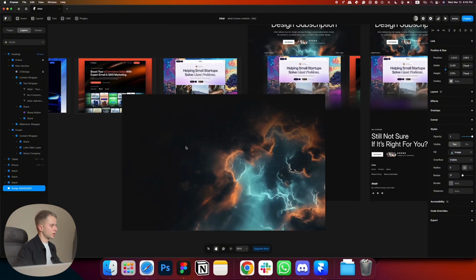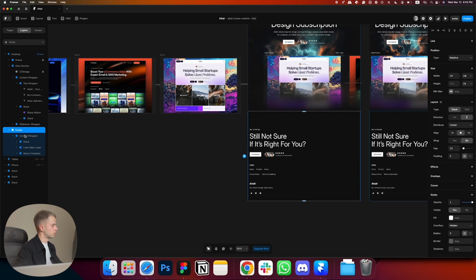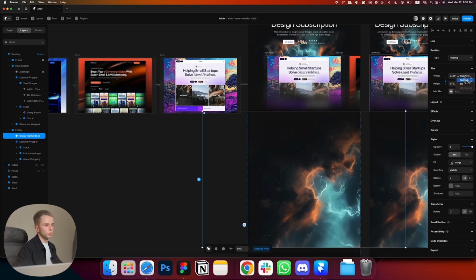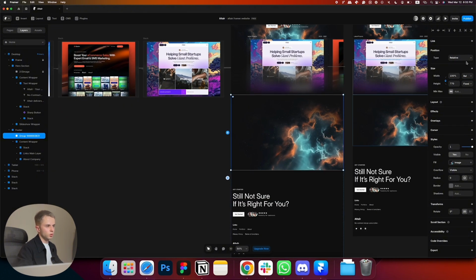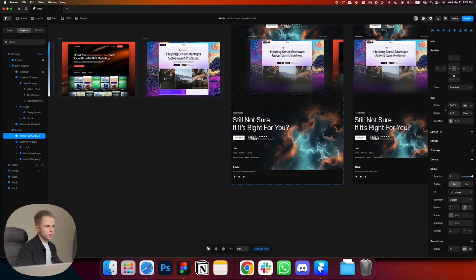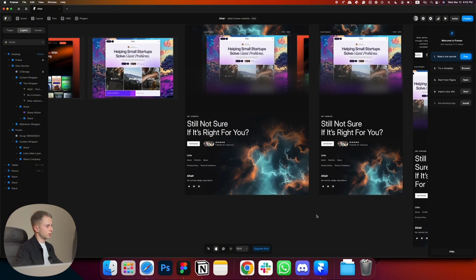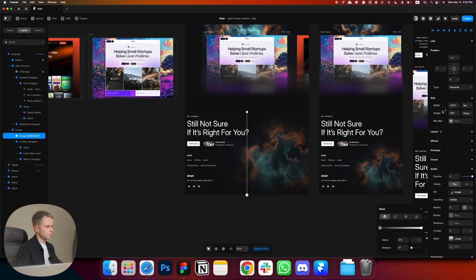We're gonna Command X to cut it, and we're gonna paste it inside of the content wrapper, actually inside of the footer area. So let's Command V to paste that, move it above everything, set the width to relative, 100%, and now we will set the positioning to absolute, make sure the Z index is 0, and we're gonna position it at the bottom, 0 pixels from the bottom, just like this,